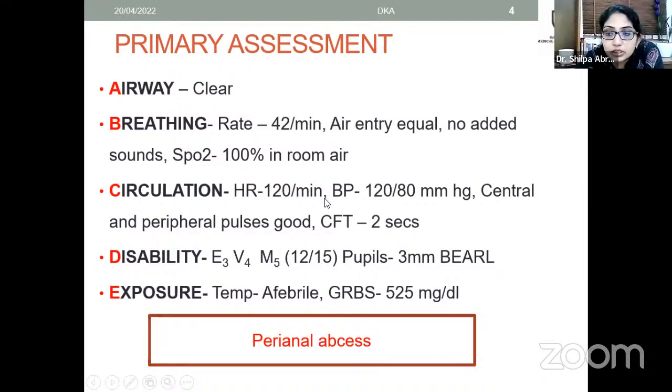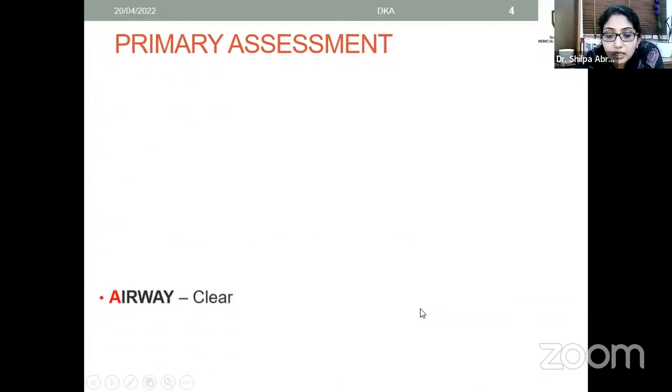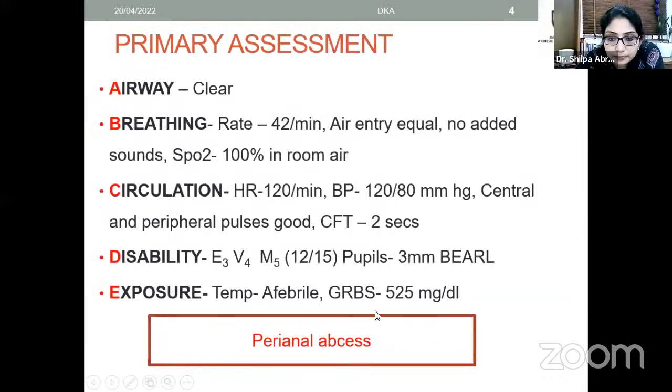Then coming to the circulation, he has some tachycardia, his BP seems maintained, central and peripheral pulses are good, CFT is 2 seconds, which is again normal. His GCS was 12/15 and his pupils are 3 millimeters, equal and reacting to light. And exposure, he was afebrile and his GRBS was checked and is 525. So the most important point here,